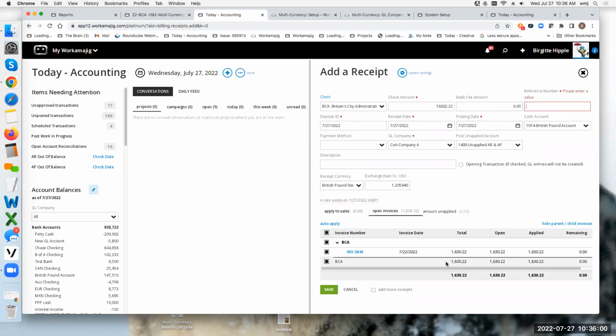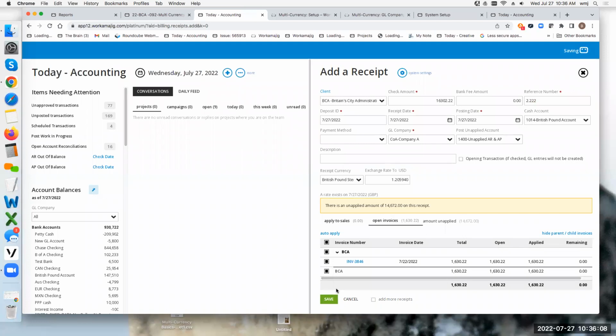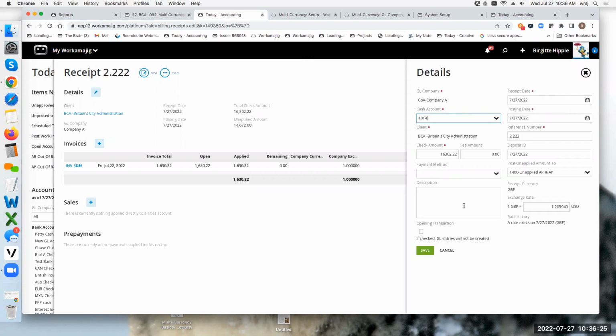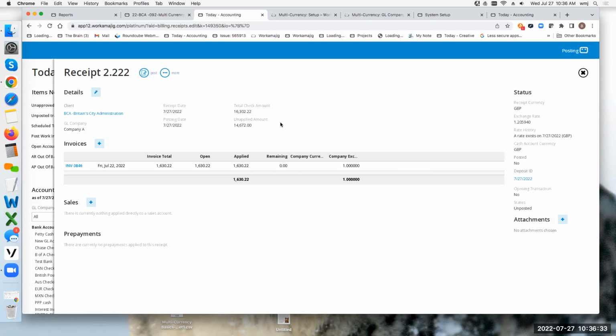So if I save this, whoops, one save, and hopefully I haven't used that before. And again, it tells you that the receipt currency is GBP. It knows your bank account is also GBP, so it's recognizing that. It's showing you the exchange rate for today's date. So again, if I need to change the exchange rate, I can. Okay. And when I post this, and I look at the posting details,